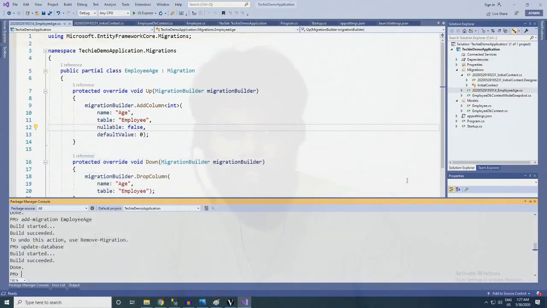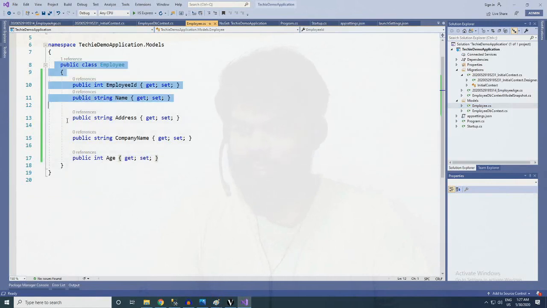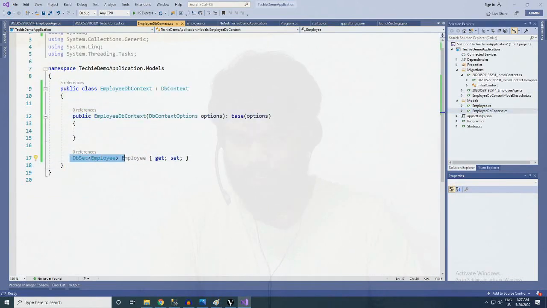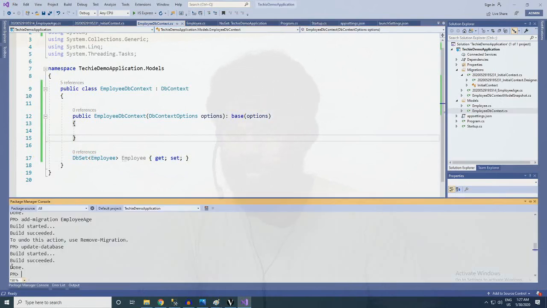columns. So if you want a new column or new table, what you need to do is create a new model file just like this, create a new DbSet of the new model name here, add a getter setter property, and the next step is to add a migration for that newly created model file, and then update the database.